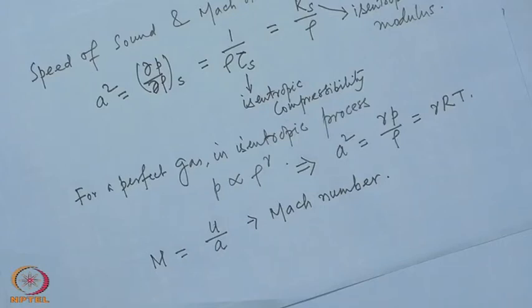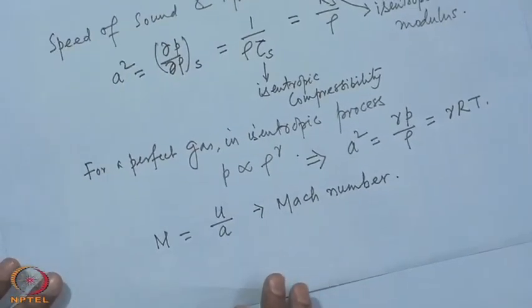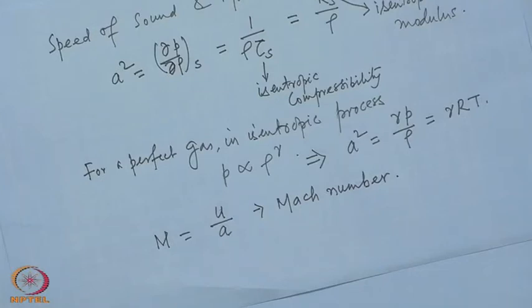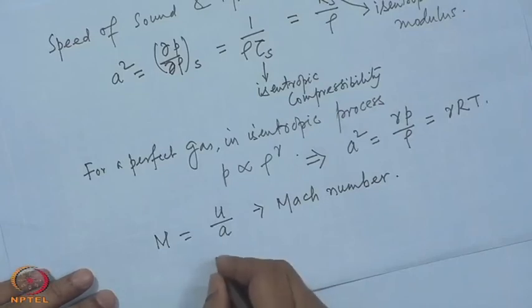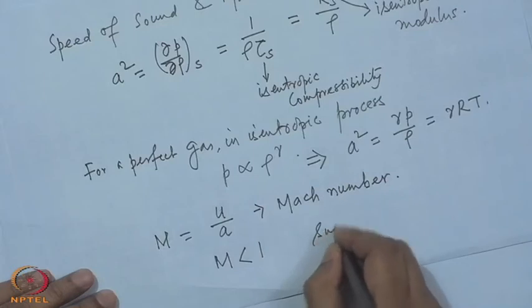In an adiabatic flow, an increase in speed of sound always corresponds to an increase in Mach number, and the flow is divided into different regimes based on the value of the local Mach number. When the Mach number is less than 1, the flow is called subsonic,